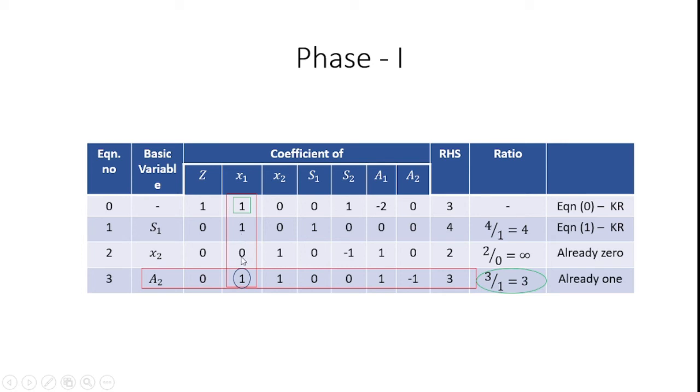Here, consider constraint equation 2, which already has 0, so we won't convert that number. In constraint equation 1 there is 1 available, so we should convert that 1 into 0. How can I convert it? Yes, equation 1 minus key row. In equation 1 the key column value is 1 and the key row value is 1, so 1 minus 1 easily gives 0. Other things can also be subtracted from each other: 1 minus 0, 0 minus 0, 0 minus 1 gives minus 1, 0 minus of minus 1, 4 minus 3 gives 1.